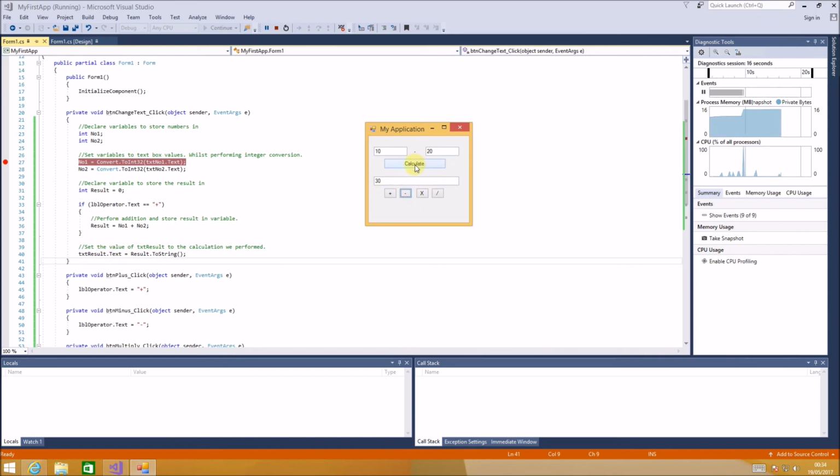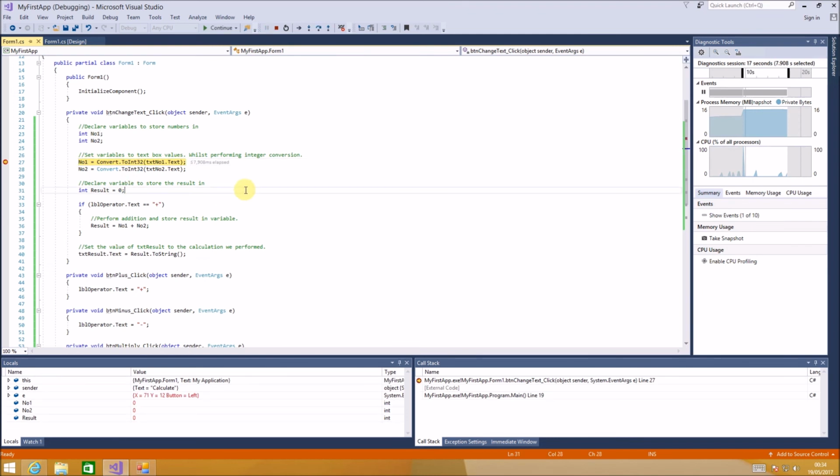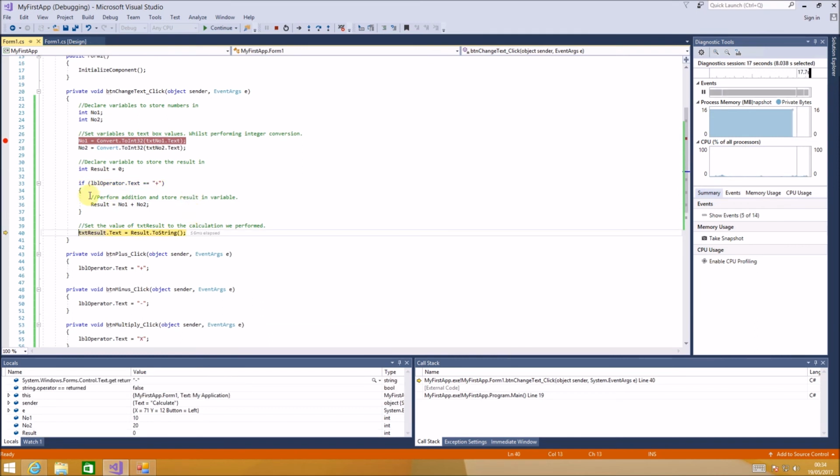Press calculate, and if we F10 through those, we can see it set to 10, and we can see it set to 20. Our result is declared and set to 0. This time our LBL operator.text that we preview does equal minus, so it should not execute this line of code here. Let's press F10 and confirm that that's correct. And you can see it's completely skipped that section of code here,